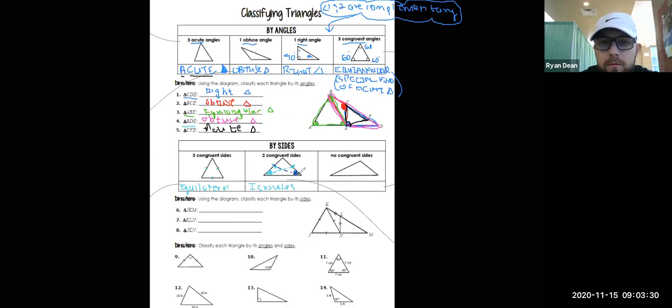So from here we have isosceles: 2 sides are congruent, and the angles that are across from the sides that are congruent, we call those the base angles. I'm going to make a little mark of that down here, and we need to know this because some of the questions that we're going to be asked